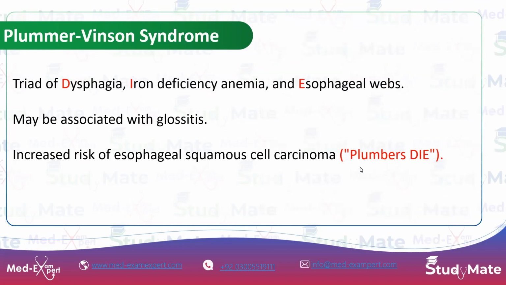Then we'll be quickly looking at some pathology of the esophagus. So number one disease which we see is the Plummer-Vinson syndrome। So this syndrome is a triad of dysphagia, iron deficiency anemia and esophageal webs।